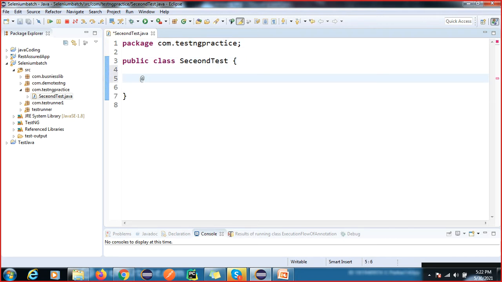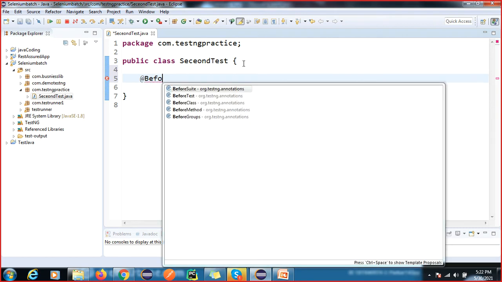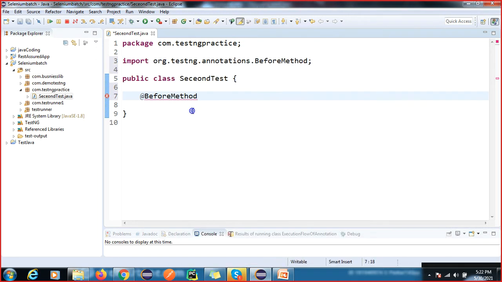So we have the annotation called @BeforeMethod. The before method will execute at method level. I'll show you all these things.